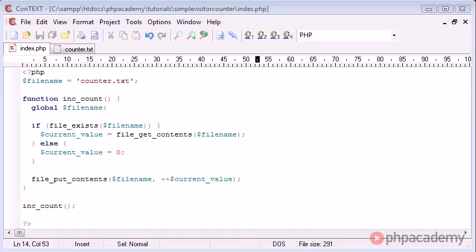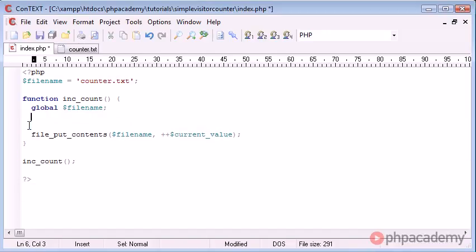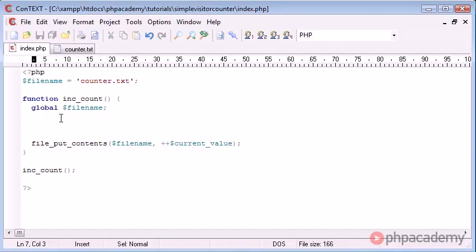What we can actually do is eliminate the need for this if statement and condense our program down even shorter, believe it or not. Let's go ahead and get rid of this if statement, and we're going to do a single line here, which is, like I said before, going to eliminate the need for this if statement. And the way we're going to do this is dynamically update this current value variable and do this all on one line. So let's go ahead and type in current value, and this is going to equal, in brackets,